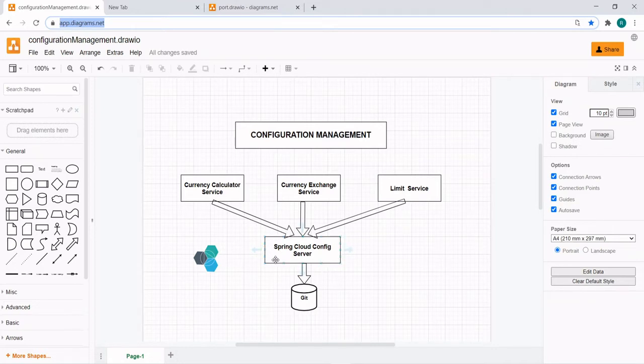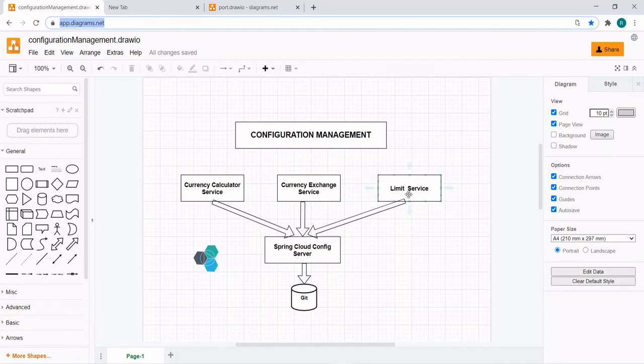So let's create this application. Let's set up this Spring Cloud config server application, and then we'll connect the limit service to the Spring Cloud config server. So our next step will be to connect the limit service to the Spring Cloud config server. First let's create this, and after creating and setting up the Spring Cloud config server, we'll install and configure Git, and thereafter this will connect to the Git and it will drive all the information from the requested source.